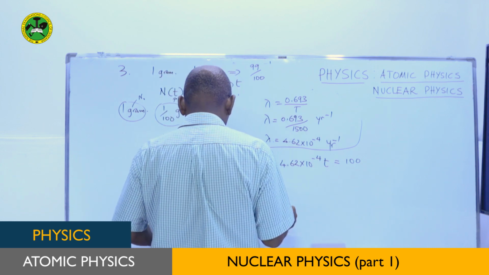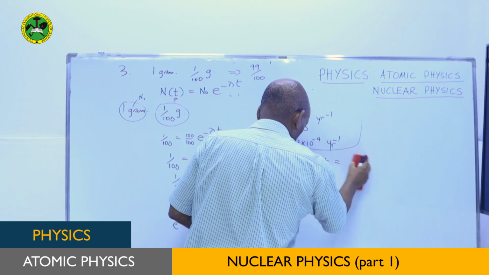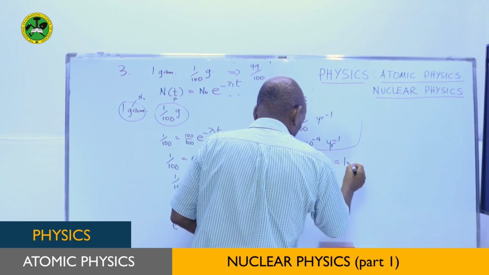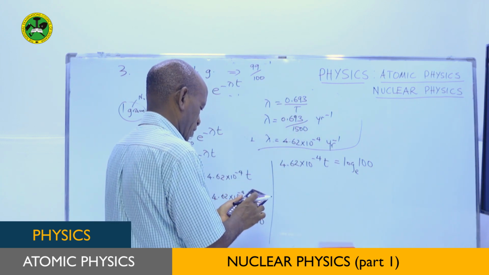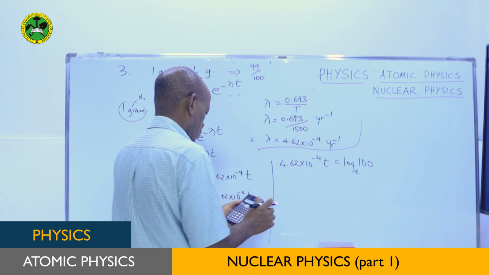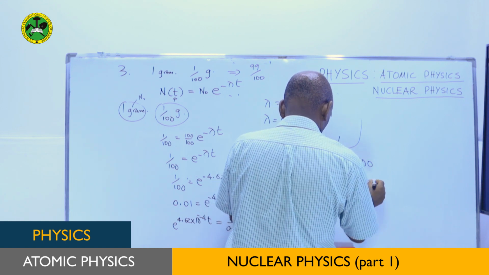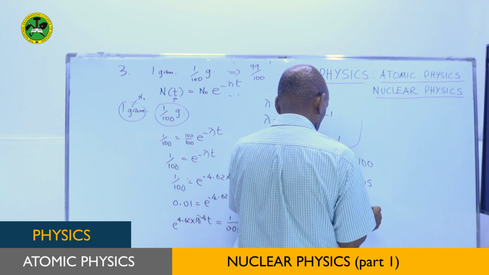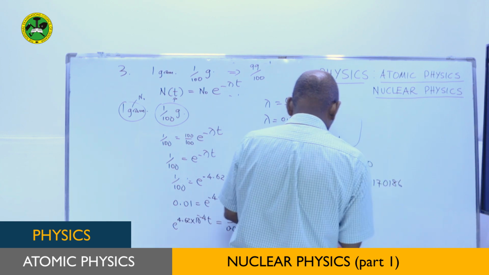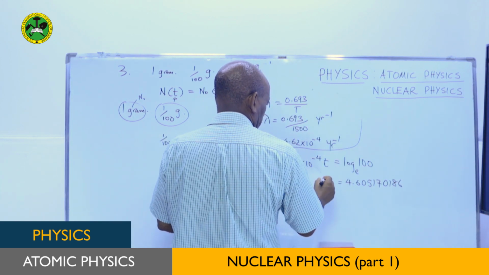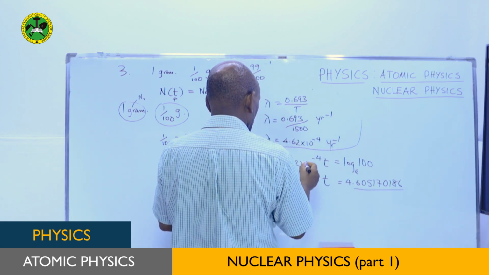We need to solve this. If I'm taking ln to both sides, this will just be equal to ln 100. And we need now to solve for that, which is 4.60517700186. And therefore, to determine the time t, I need to take this and divide by 4.62 × 10 power negative 4,